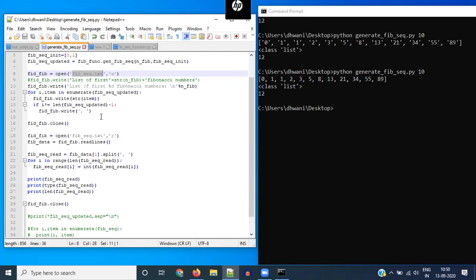It'll become completely blank, and you'll end up writing afresh. But if you use mode a, then whatever is already in the file is preserved, and whatever you write in this script will only get appended below what's already there. So it's just a matter of changing this mode. All the other operations remain the same, similar to the write operation.